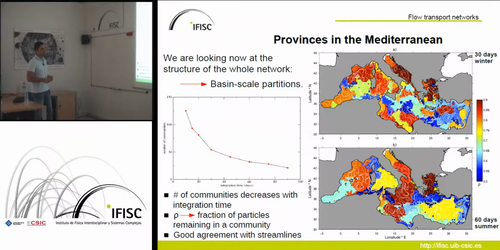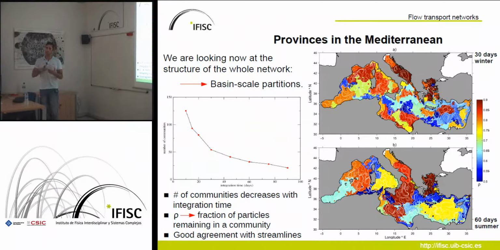And you can see that there are regions that result really coherent, and others that are not. And this depends, of course, also on the flow dynamics. And finally, you can see here, hopefully, these white lines. These are mean streamlines of the flow, and this is nice because most of the boundaries of the provinces of the communities result to be tangent to the streamlines, and this is a confirmation that really the exchange of water across the boundary is minimal.